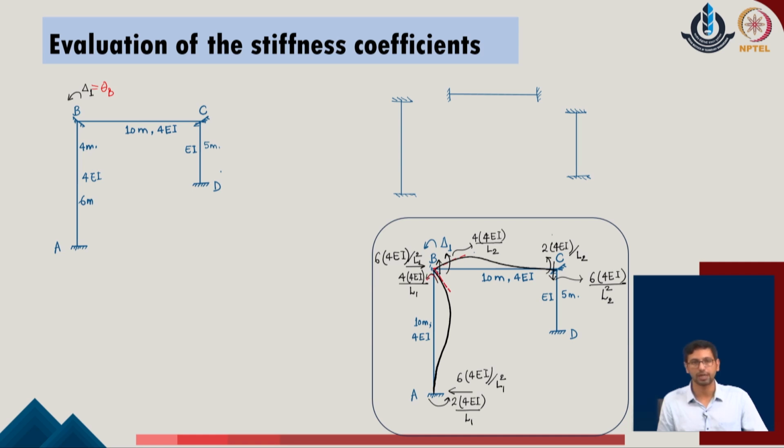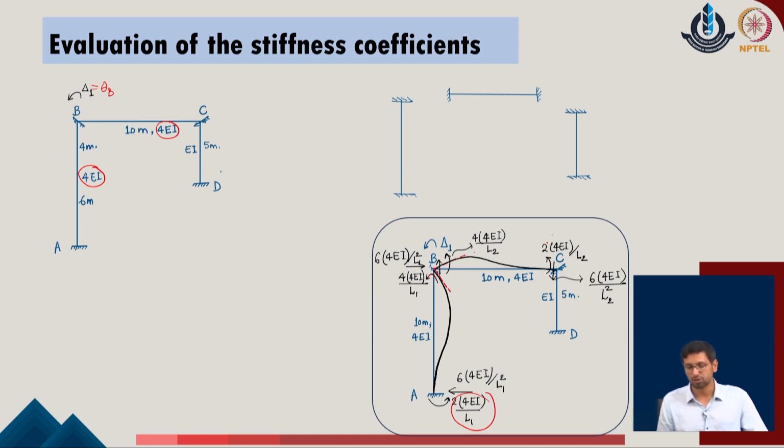we define that this is having 4 EI theta B upon L, the amount of the moment. Over here, this is 2 EI theta B upon L. The EI value for these given members is 4 EI, so accordingly the contributions have been taken. Similarly, when it comes to the member BC, the contribution is added with respect to the 4 EI upon L for the given member. Again, the EI value is considered as 4 EI, so we have added the contribution in the same manner.